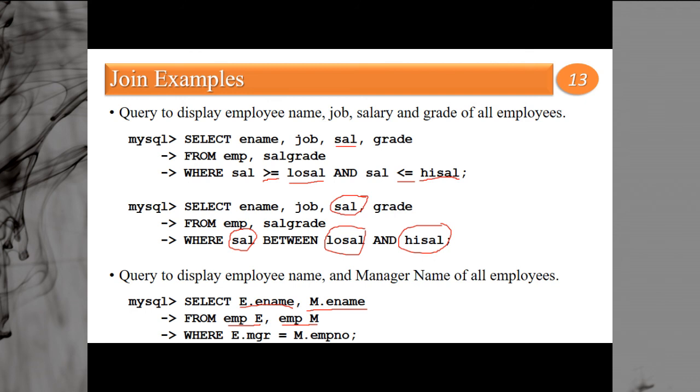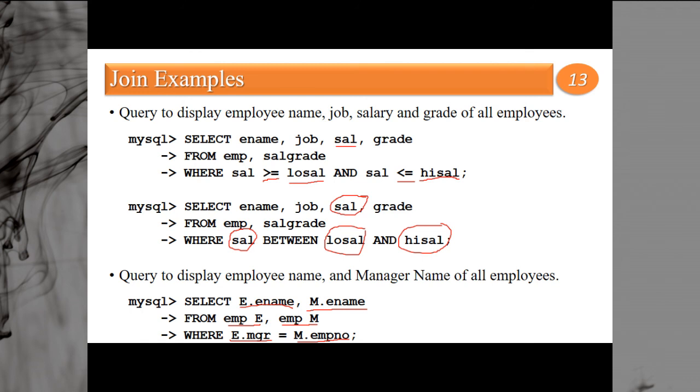One copy is for the employee name and another copy is for the manager name. And what I am going to compare, as I had told you, is that the manager is itself an employee number. So where e.mgr is equal to m.employee number. In the E table, the manager number is the employee number in the M table.